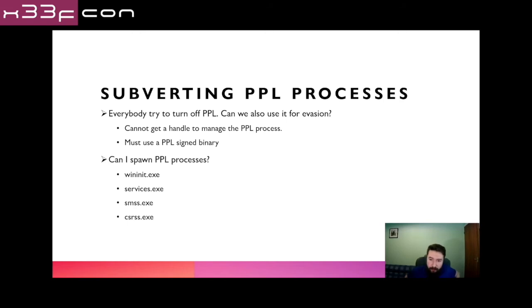As we said, PPL is usually used as a mitigation for credential dumping attacks. There are studies on turning off PPL bits by exploiting vulnerable drivers to overwrite the field in the EPROCESS. Although this is an effective method, it can also create an indicator for defenders as well. Moreover, the driver exploit may need to patch some objects in the kernel,